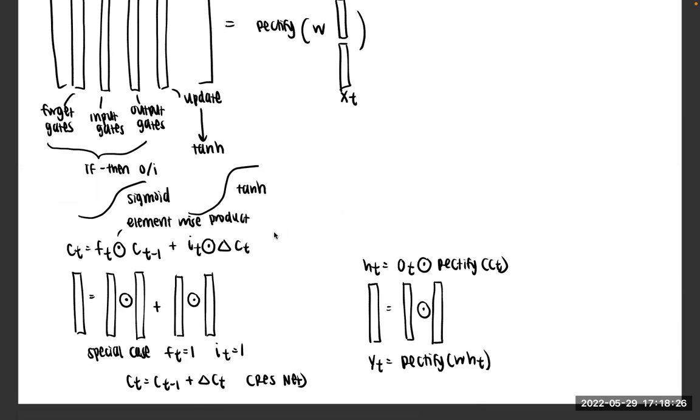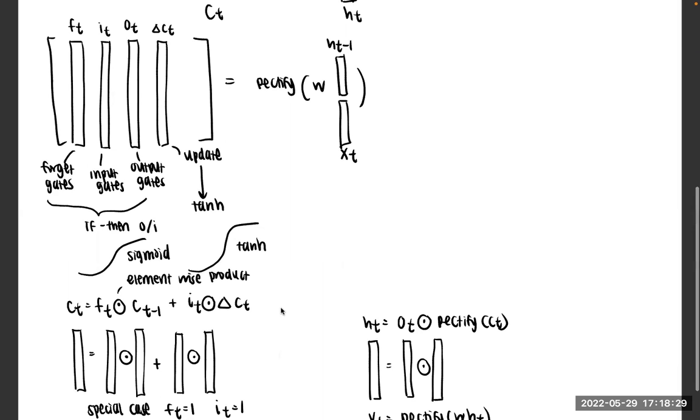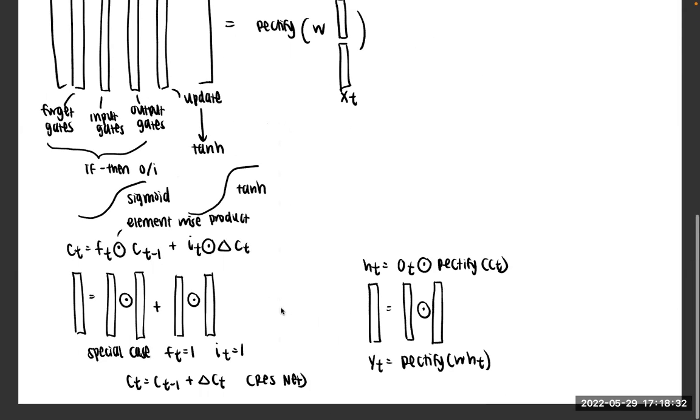Originally, LSTM was invented to address this problem of gradient vanishing. Just like in this special case, the gateless special case for the residual net, we show that if you compute the gradient, then the partial CT over partial CT minus 1, you have this identity, plus the rest, right? You always pass on this identity, which hopefully solves this gradient vanishing problem, so that you can pass the meaningful gradient, with the important learning signal, for a lot of steps, so that you can train a very good